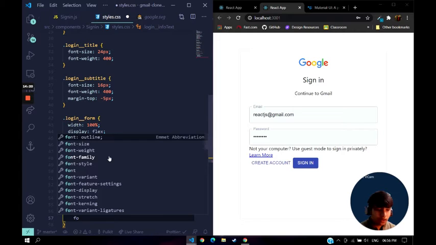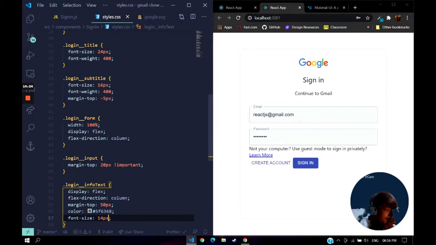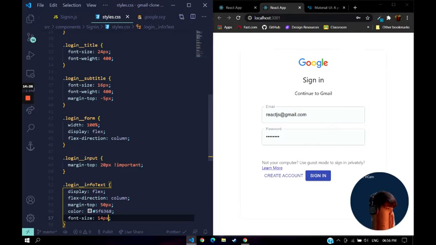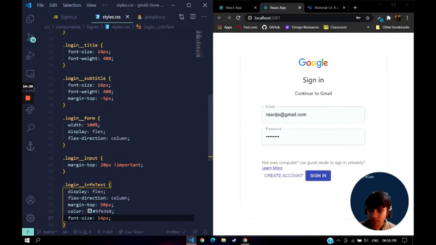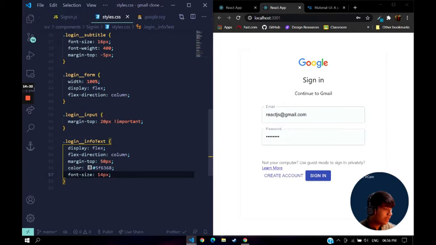So I'm gonna give a font size of 14 pixels. Save that. As you can see, it got a bit shifted there. So margin top 15 pixels. Okay, so it's fine there. So now we have to style this href tag. So it will say dot login